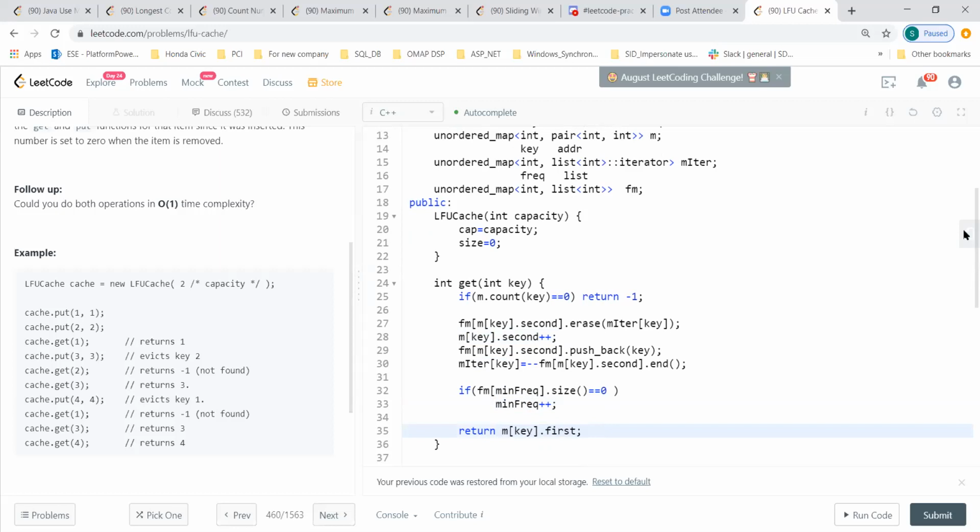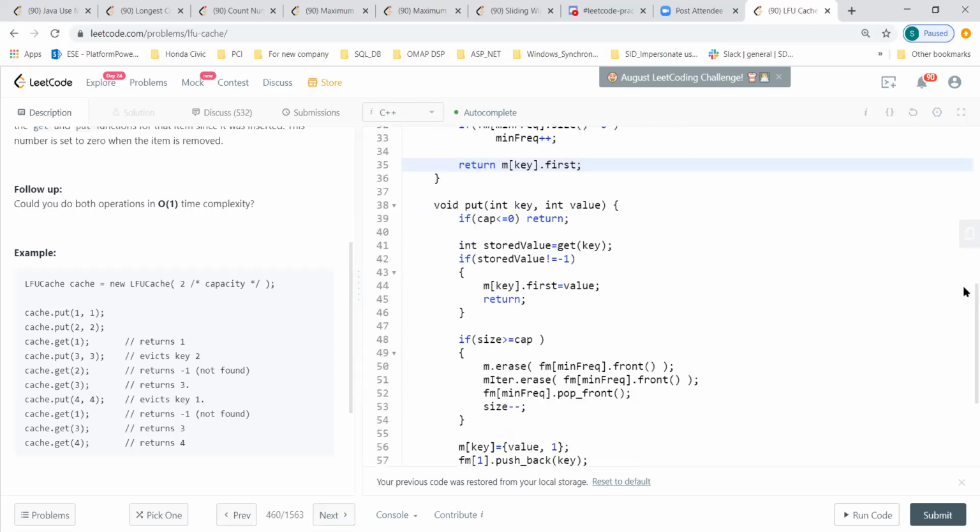Okay, so now when we go to put, that is slightly more complex. So the first step: if the capacity is 0 or less than 0, you return. I thought this is a very weird case, why it should be, but yeah, I saw a test case where the capacity value is 0. So I think this is a corner case. And now when we have to put, he is using the get exactly the way we did above. He just uses the get and finds what the stored value is. So at least he can eliminate replicating the whole code again over here.